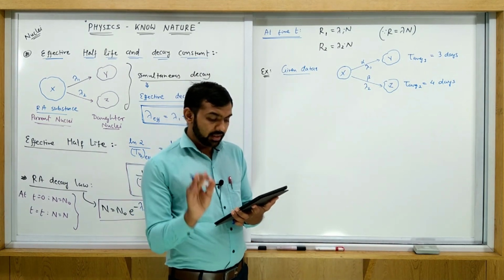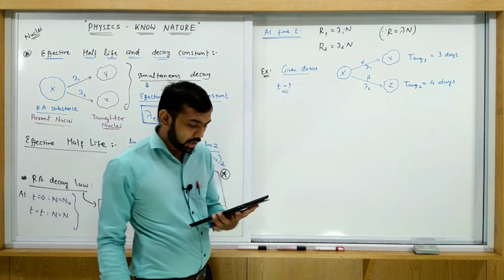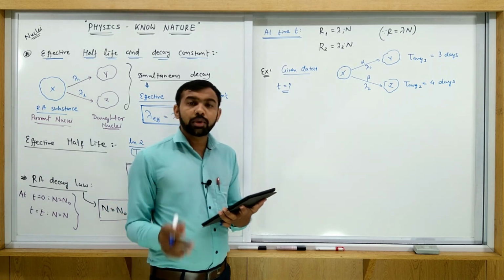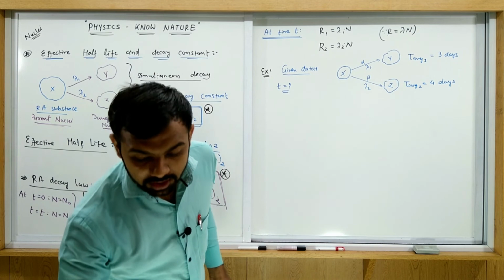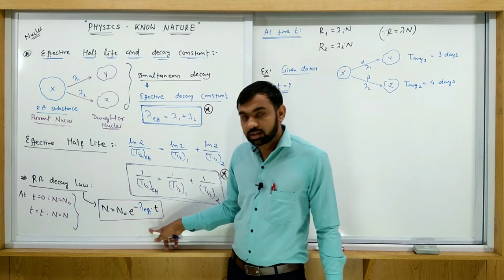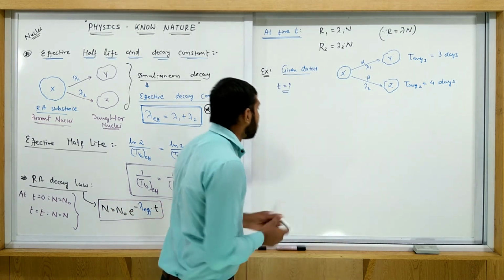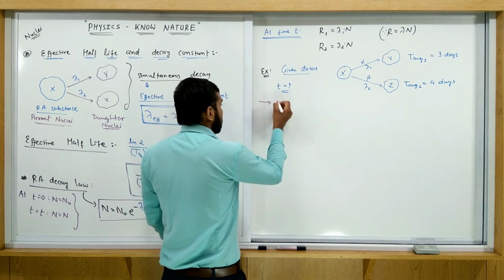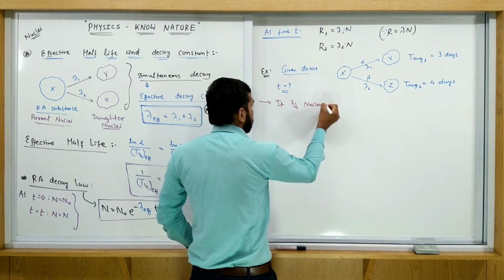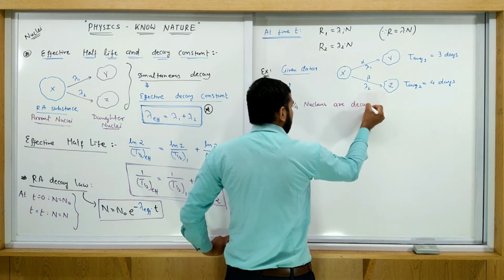Now find the time. We have to find the time in this example during which 3/4 of a sample will decay. What is the meaning of 3/4 decay? Is this equation for the decayed one or the remaining one? This equation represents the remaining nuclei in a sample. So if 3/4 of the nuclei are decayed,